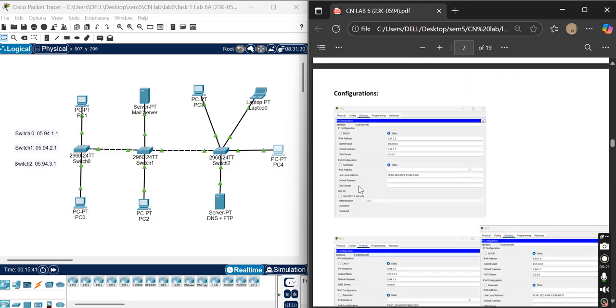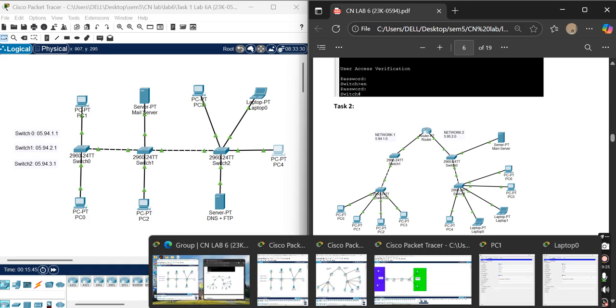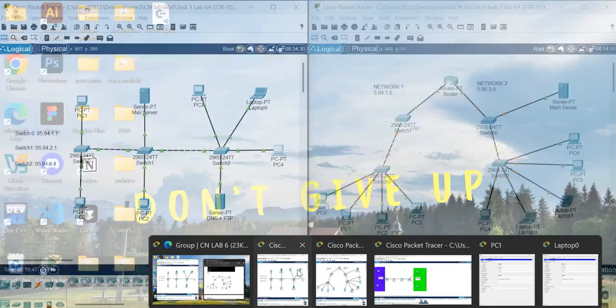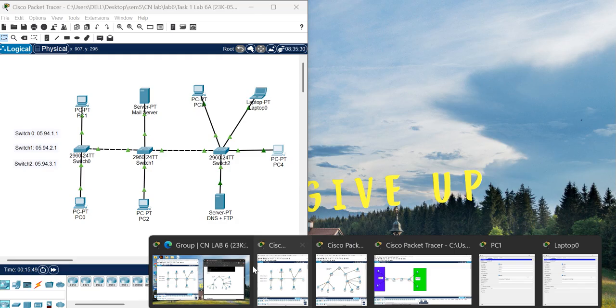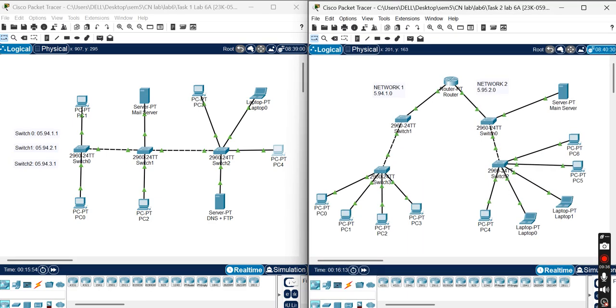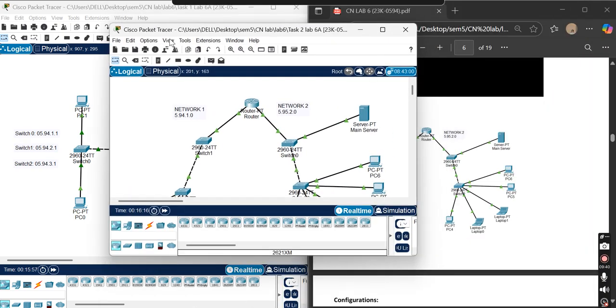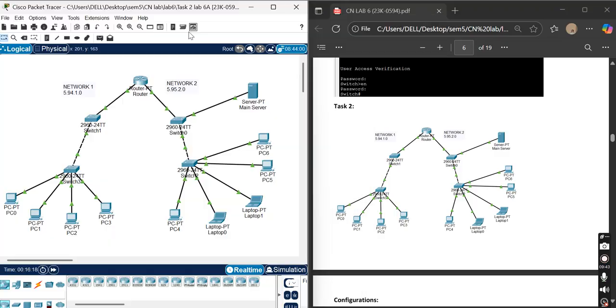Now coming on to task number 2. Here is task number 2.